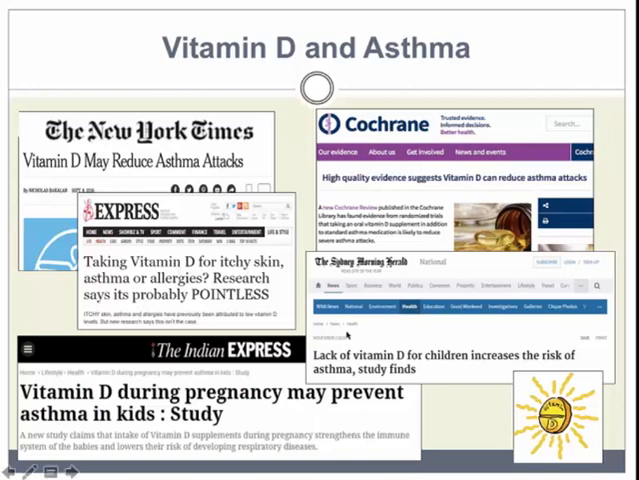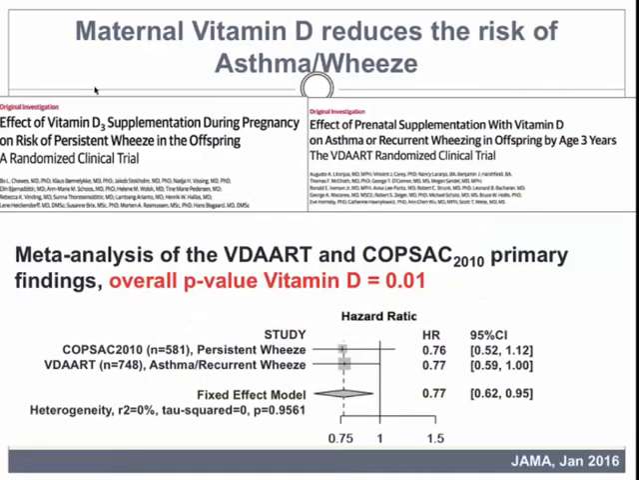Here are just a very few papers. When you search Google, you can see thousands of papers on this topic of how lower vitamin D may increase asthma risk and asthma attacks. So in the context of that,